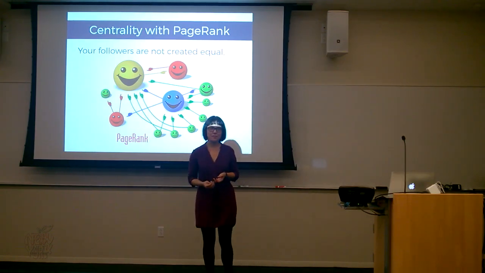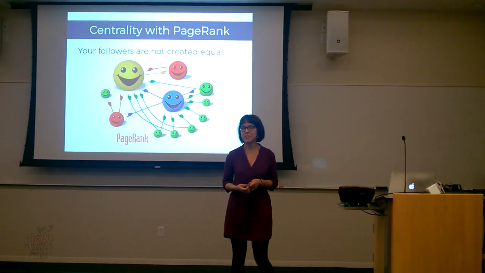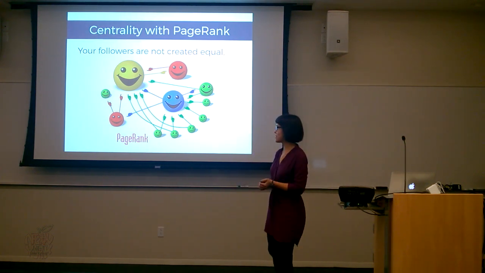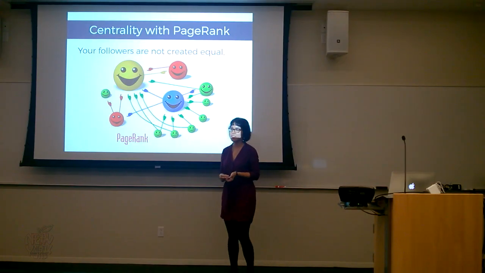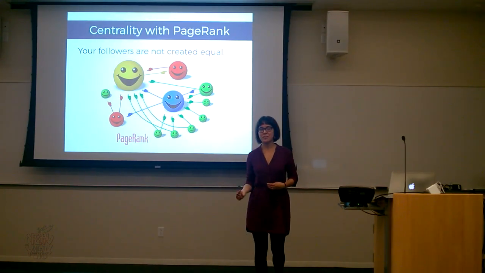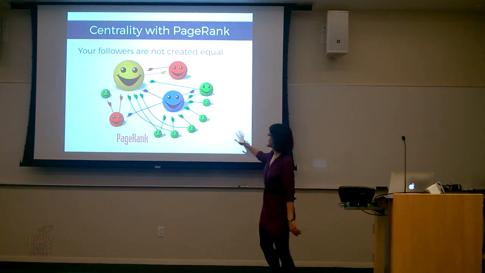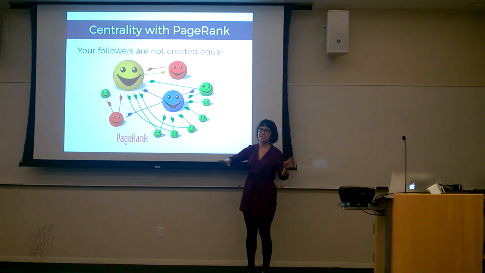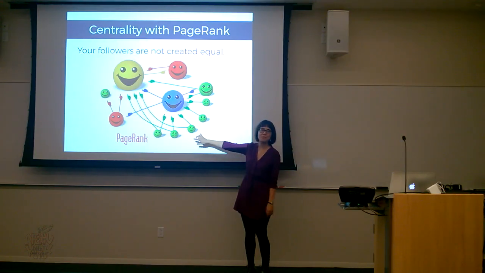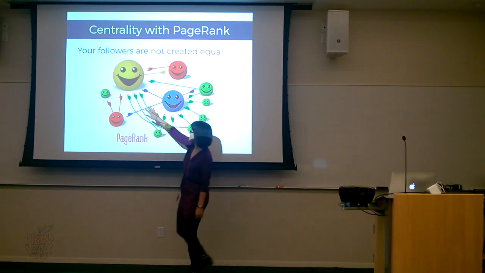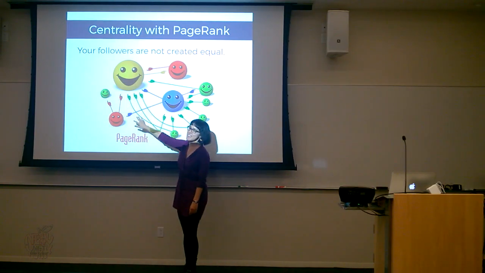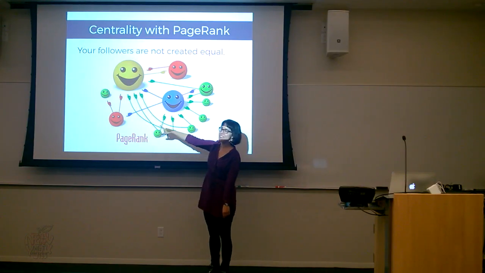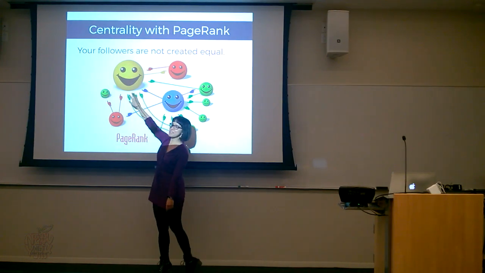I'm sure you know it because Google uses it to determine centrality of web pages. But it can be used for any kind of network because it's a very general algorithm for finding out how important each node in a network is. So if you look at this picture, you can see that those little guys are not that happy because they are not being followed by anyone. But this guy is very happy because he's being followed by many other guys. And this guy is very important, he's being followed by many other nodes. But he follows this one, which makes him even more happy.